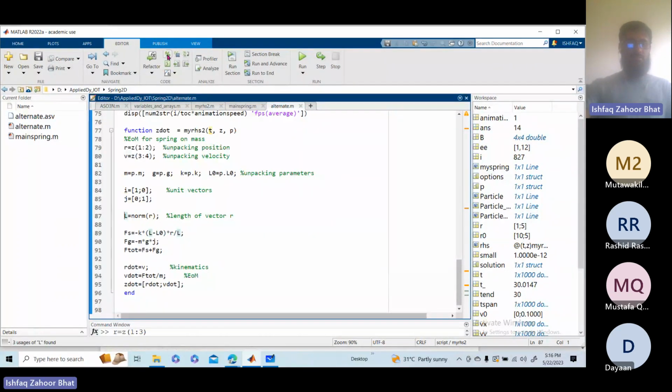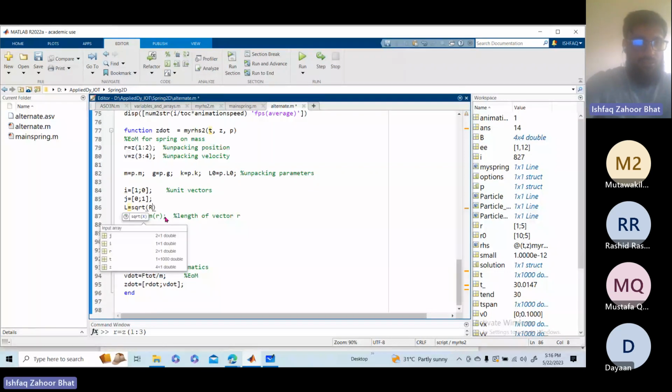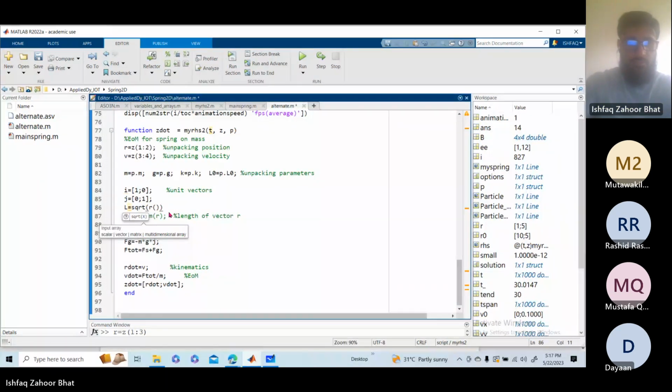You can also use, let us comment this, L is equal to the square root, which we write as SQRT. That is the square root of what? The first component, that is X. X is nothing but the first component of R. So I can write it as R of 1, the first component, which is X, taking its square plus